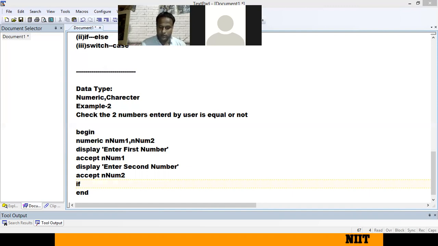We learn about the arithmetic operator, logical operator, and relational operator. So for checking whether your two numbers are equal or not, which operator is used?